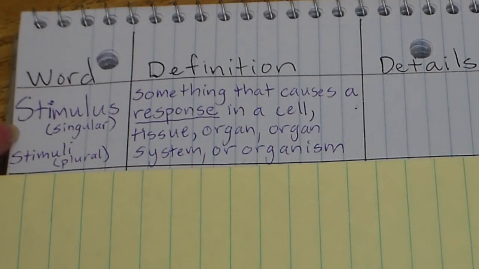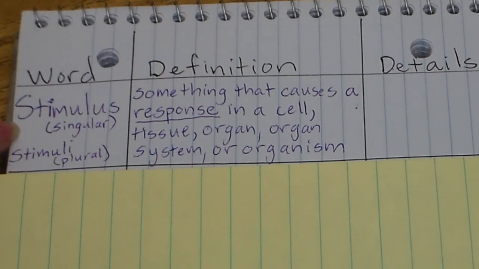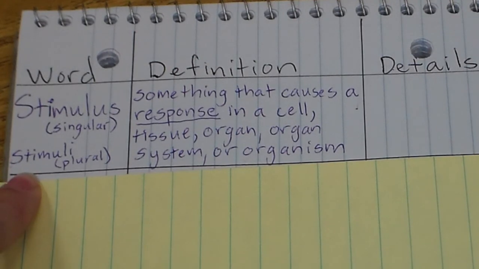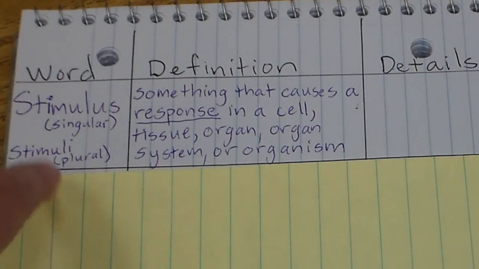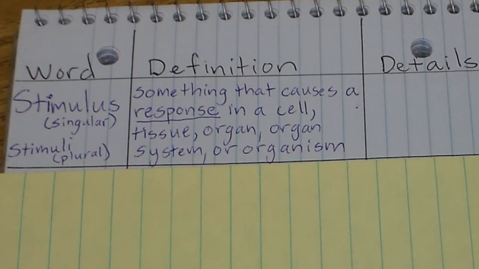Stimulus is when it is something that is singular, when it's just one thing. But if you have more than one stimulus, it becomes stimuli. So again, same definition, just a slightly different word depending on if it's singular or plural. A stimulus is something that causes a response in a cell, a tissue, organ